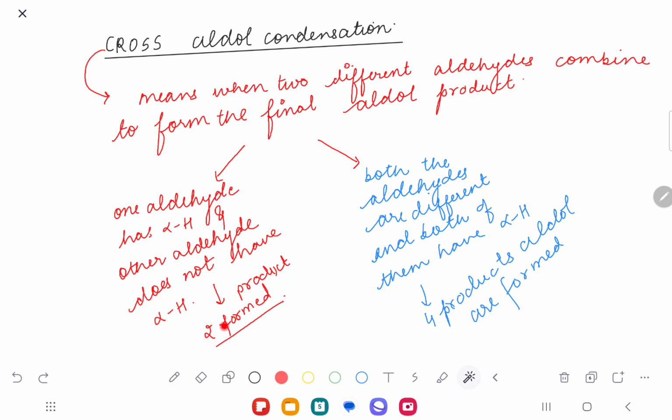Understood? So I'll end my class right here today, which has been 35 to 40 minutes of class. And that's it with the topics. For the cross aldol, I don't know how I will do that, but 10 minutes would not be